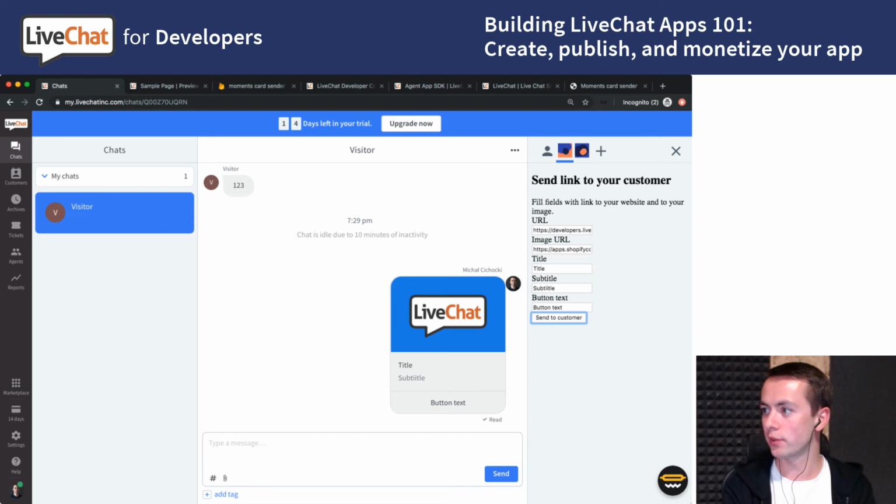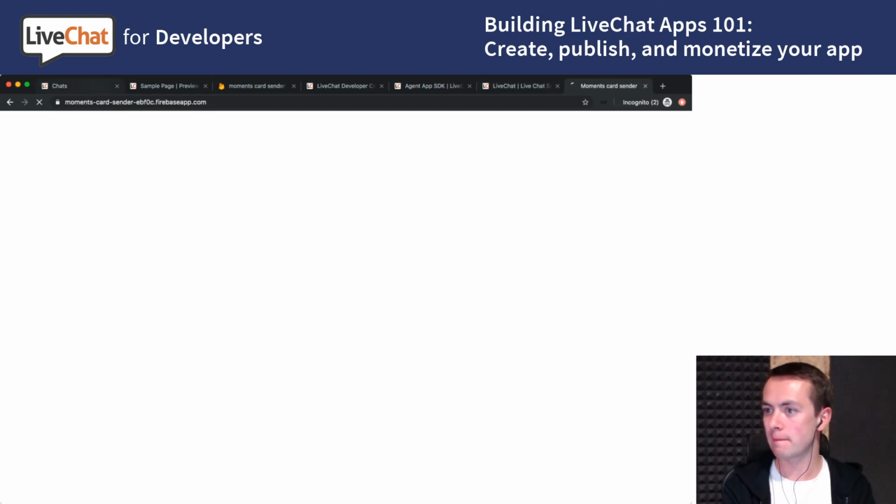Okay, let's refresh. Okay, here you can see how it looks if the user is not logged in. When you click sign in with LiveChat, it asks us to log in, and once we log in, it should load the form. So this is how it's gonna work